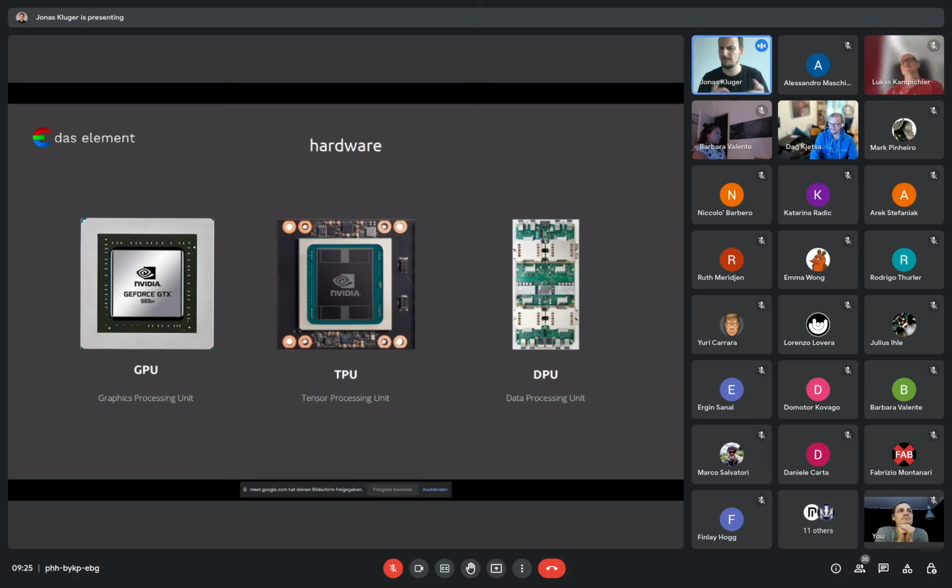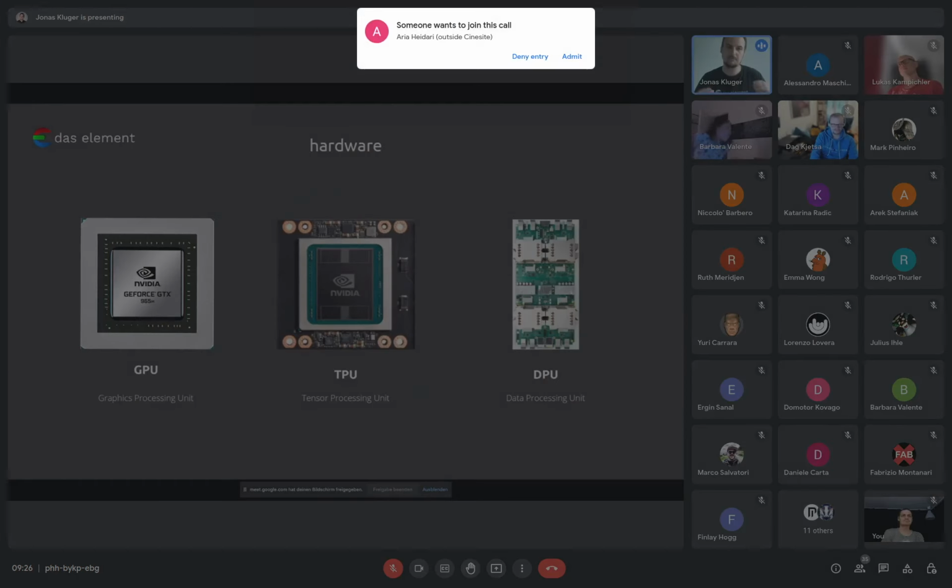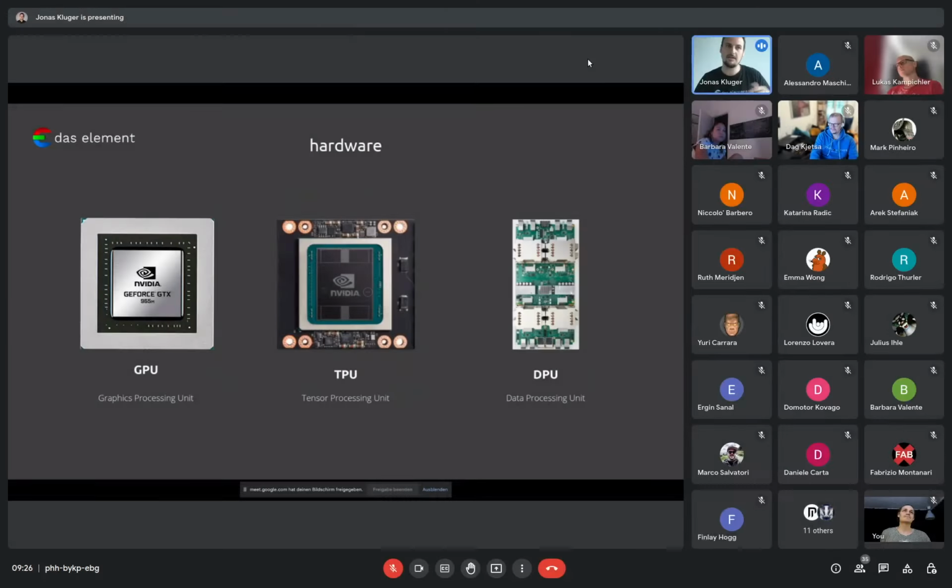I think last week you talked about all that stuff. And also the DPUs, which is a data processing unit, which is basically a cluster, like a multi-core CPU that is very good for pre-processing data for the entire machine learning, deep learning training in the end.